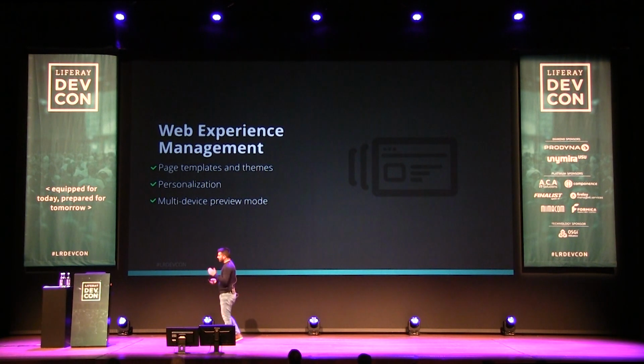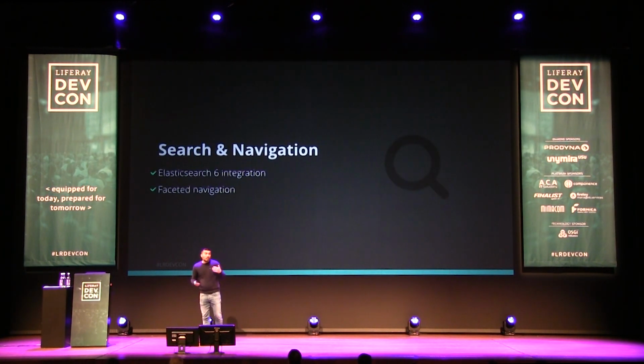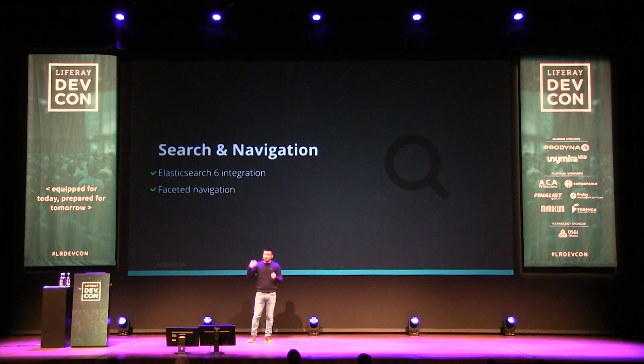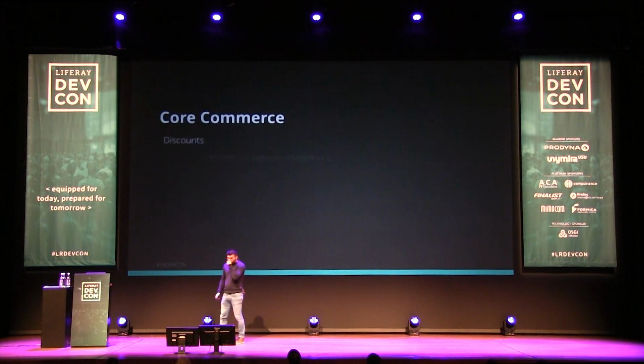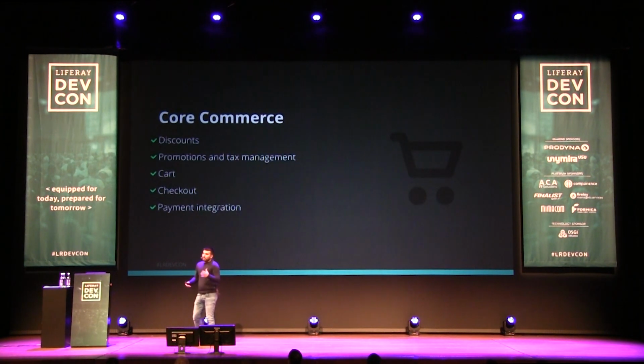But this is nothing if we are not able to search the product. The most difficult part of a B2B is providing the right tools for searching the product. Thanks to Elasticsearch and our new search framework, we are able to create a faceted navigation system. This is really powerful. You have to try it out for sure. Then you see how we are managing all the product information. We are able to search it. We are able to display the product to the user.